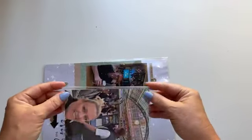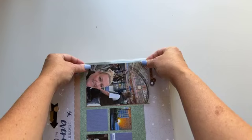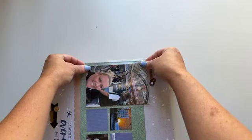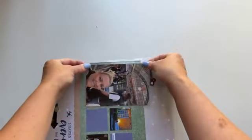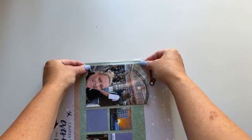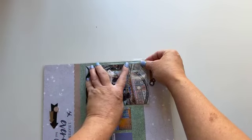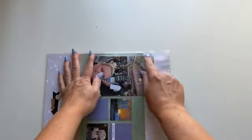So I've peeled my adhesive strip off there. This gives good stick, but keep in mind, if you get it down and you're like, oh my gosh, it's not completely covering or it's not straight, you can quickly lift it up. So what I do is I just take each corner of the flip flap, and I'm aligning my photo over the top of the photo I've already stuck down on the base page of my scrapbook layout. And then I'm just going to run my finger along that adhesive strip to apply some pressure,